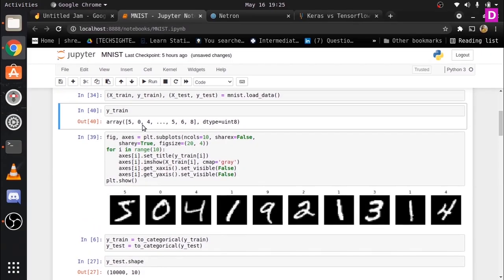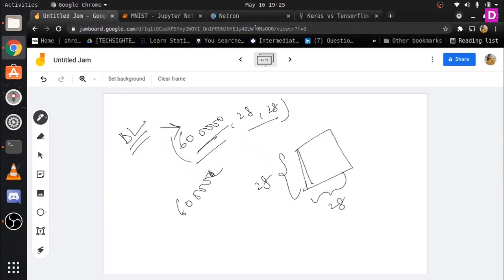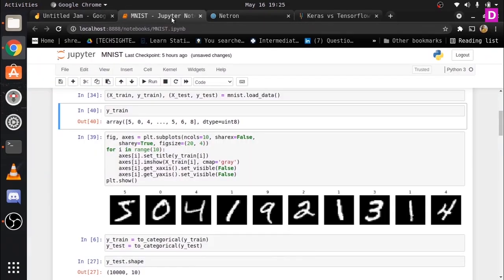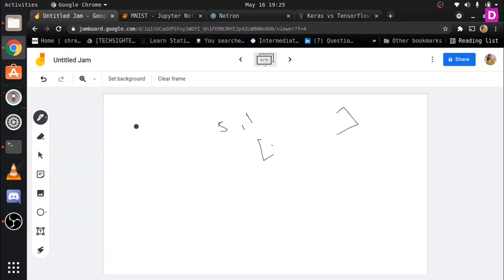Okay, so you have this, but you might have known this in machine learning also, that you cannot actually work with labels like numbers like this. So the best thing that you can do is change it into a categorical value. So what basically toCategorical does is changes this into a categorical value. So what that means is, let's say you have 3